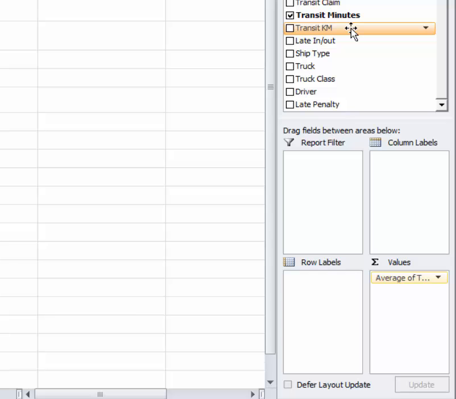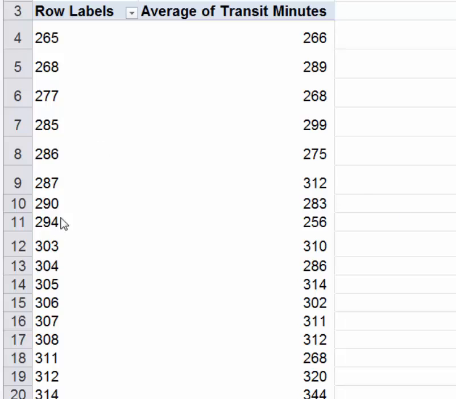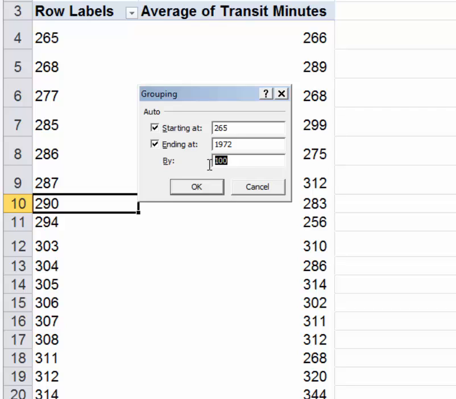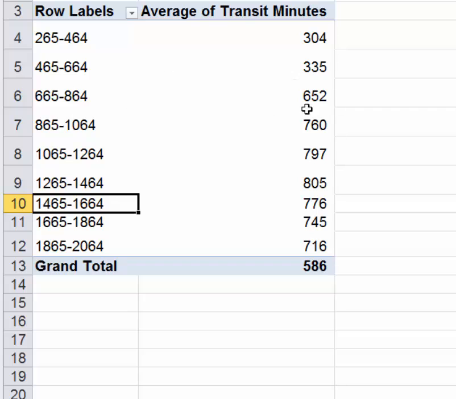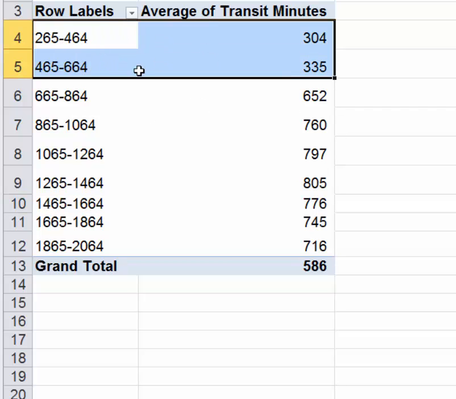So I'm just going to run that by kilometers, put kilometers in here, and so let's right click on one of these numbers and group it, and let's say by 200. So it's going to give me breakdowns by 200 kilometers a segment, and there we go. So we can quickly see that short haul shipments of under 600, 700 minutes are averaging around 300, 310 transit minutes, but long haul shipments are averaging around 700, and that shows you an efficiency, because if